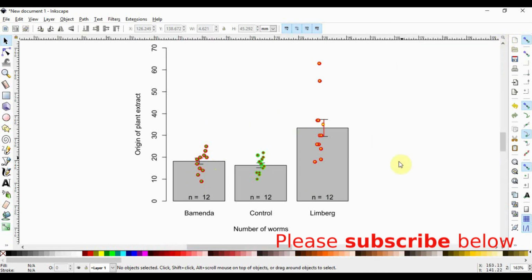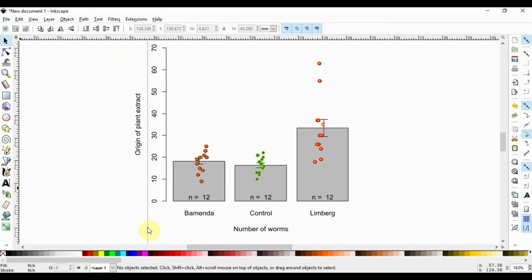The next thing we may want to do is we may think that the bars here are too broad. In that case, I'll reduce them a little bit. What I'm going to do first is to go to the ruler here, click on it, pull a guideline and have it sit here. And then go again to the ruler, pull another guideline and have it sit here. And then I try to make a dimension, which I think is what I want to have for the width